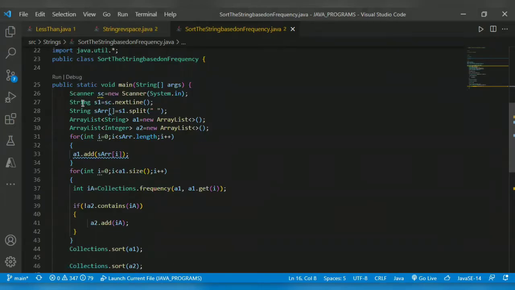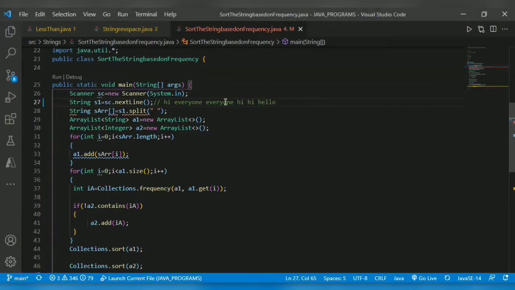As usual, we get an input string. Consider this example: hi everyone everyone hi hi hello.